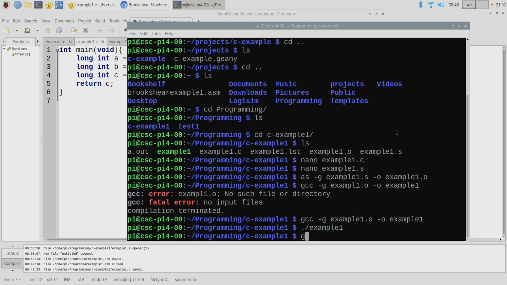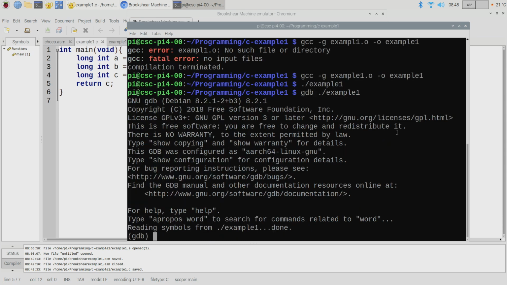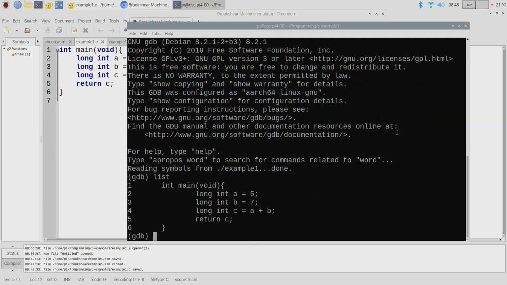GDB stands for GNU Debugger. What file do I want to run? I want to run example1. So you load it, and this is what you're going to see. If I type list, that is not the one that I wanted.